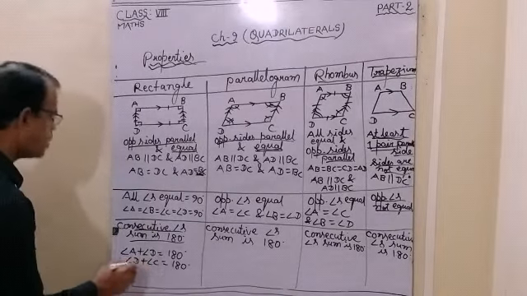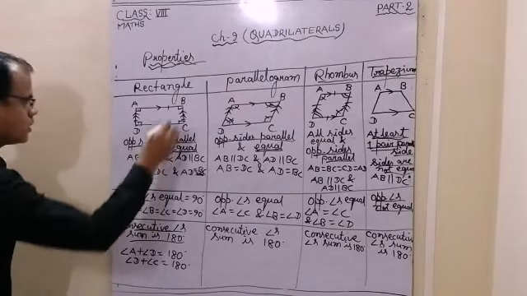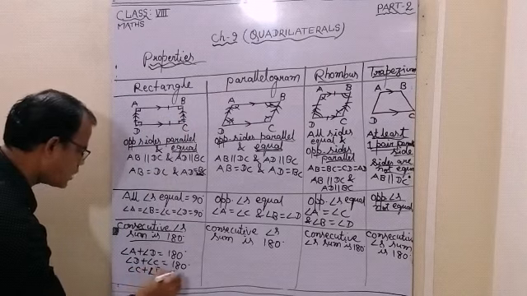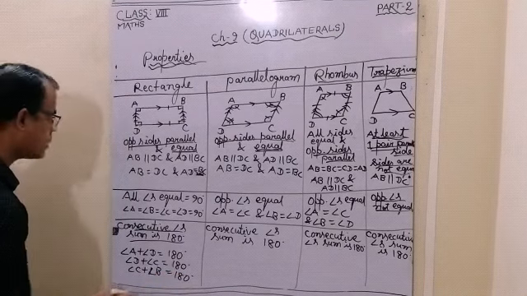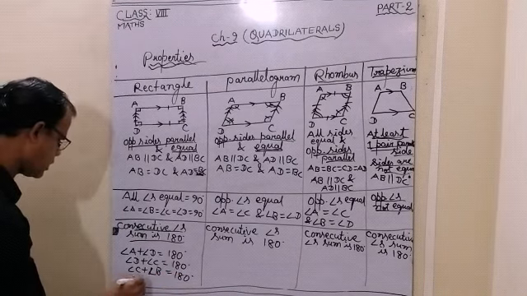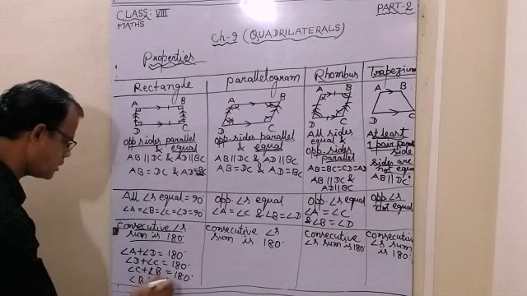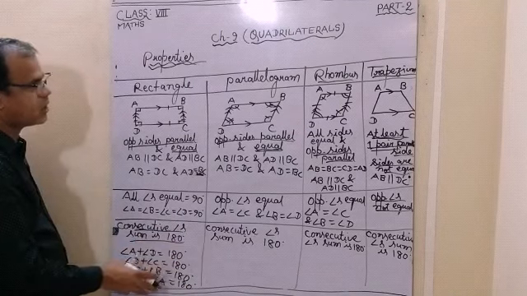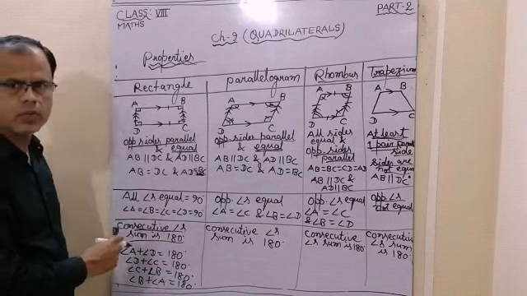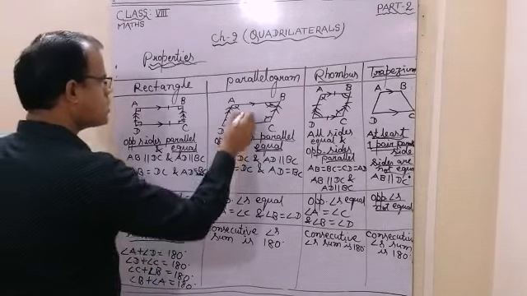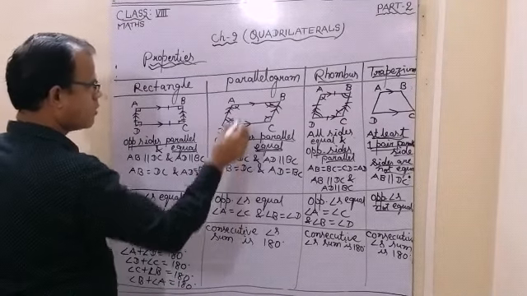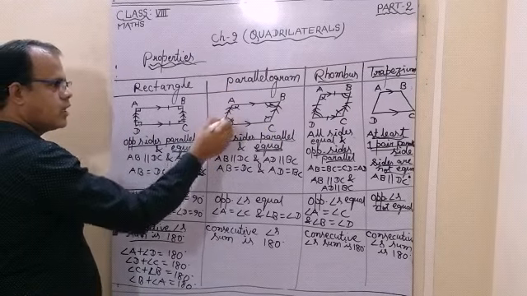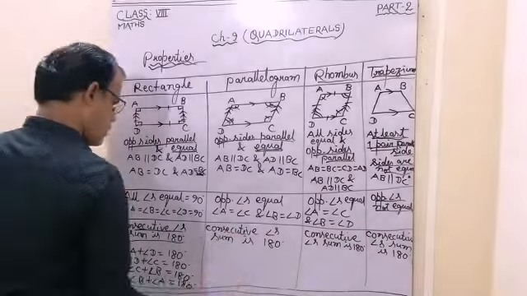So like that, and angle C plus B equal to 180 degrees. Also angle B plus angle A, 180 degrees. So these are all known as co-interior angles or angles on the same side of transversal. Moving to this, here also same thing, because this line is parallel to this line and this is transversal, so angle A plus angle D becomes 180 degrees.